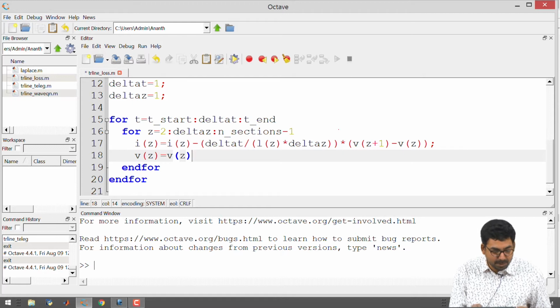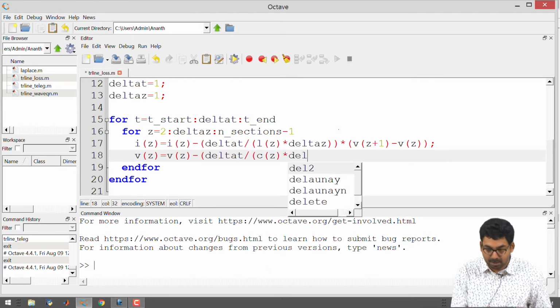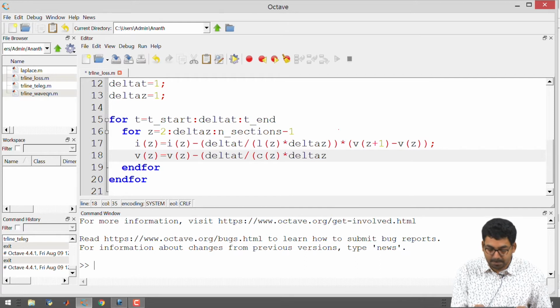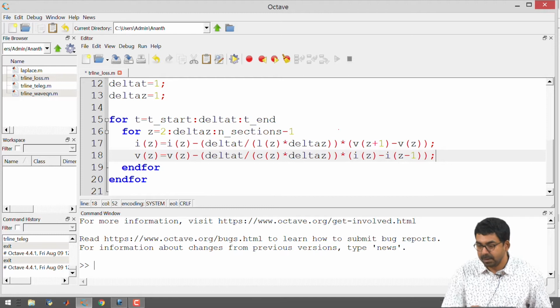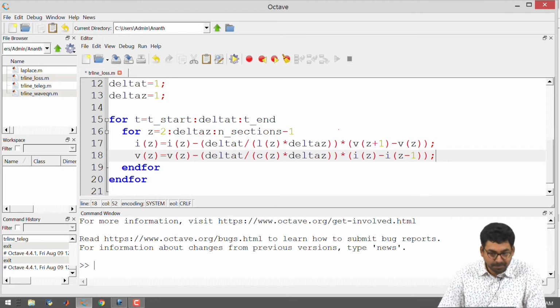V of z is equal to V of z minus delta t divided by C of z delta z, multiplied by I of z minus I of z minus 1. These were the two equations that we were solving before.